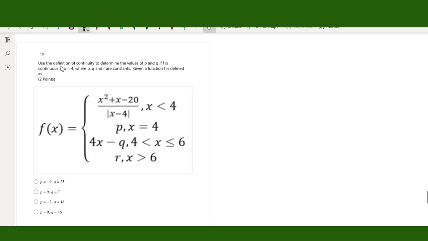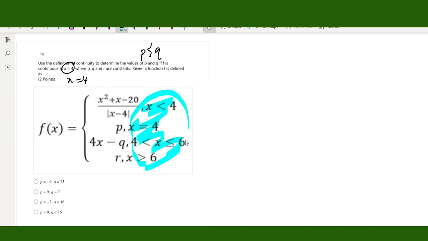Number 10. Use the definition of continuity to determine the values of p and q if f is continuous at x equals 4, where p and q are constants, given the function f defined as this. This is a piecewise function. Change to a number line. Remember this is the x domain. So this is 4, and for x less than 4,